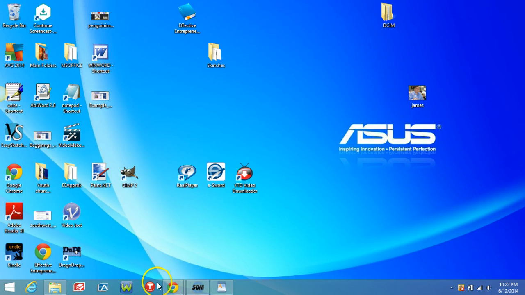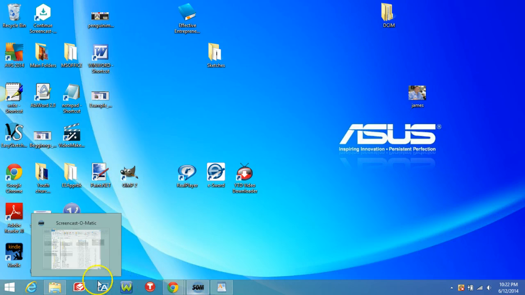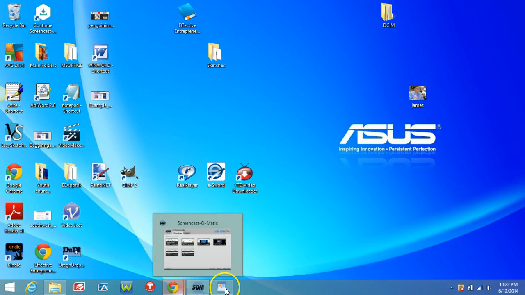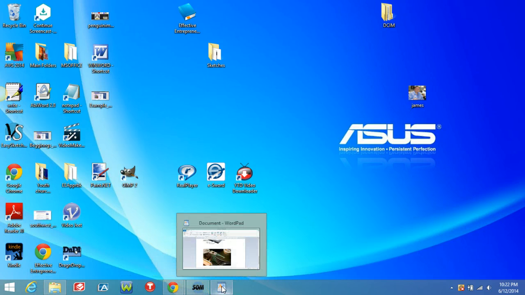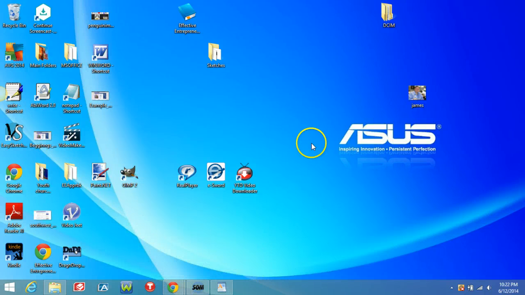This has different things. That's a browser there, Internet Explorer. That's a file explorer that allows me to look at my hard drive, and we're not going to get into that. These are other buttons. These are files that are open. We will get into that later. But right now I'm just showing you, and these are all different icons and programs on the computer.